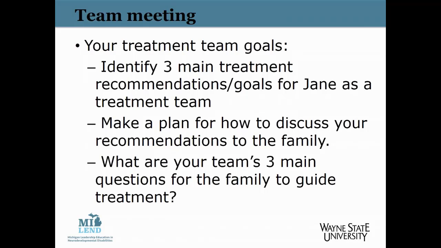So Ramsey and Erica both mentioned that many of you have experience in treatment teams. What we're asking you to do is, this is a treatment team for our fictional patient. Some of you have had interactions in your small groups already, but none of you have had a chance to discuss Janie's case as a whole group yet. So today we want you to work together to identify 3 main treatment recommendations as a team for Janie and make a plan for how you're going to discuss this with her family. And then also identify the 3 main questions or clarifications that you're seeking from the family in order to help further guide your treatment with her.